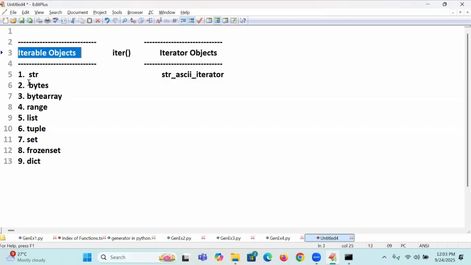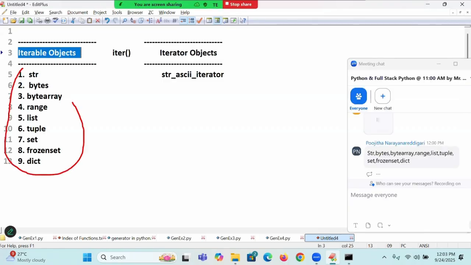An iterable object supplies many values at a time. Instead of supplying all the values at a time, I want to supply only one value on demand. Who will supply it? The iterator object. Sir, generator also you said the same thing, but that is through functions. A function supplies all the values at once, but here there is no function, it is an object. Bytes and all these are classes whose objects supply all values at once, but the iterator object supplies the value only on demand.